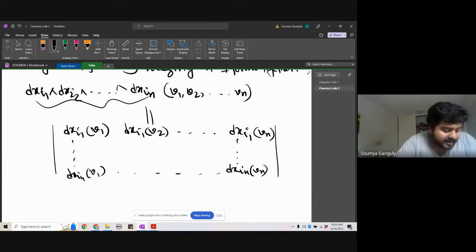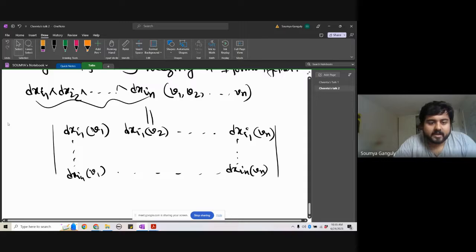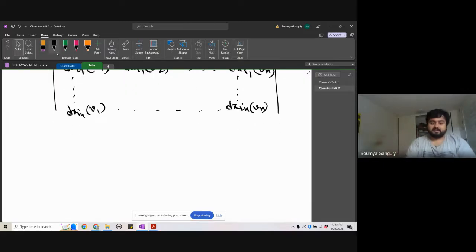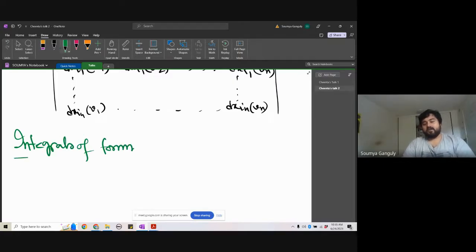Anyways, these are again a lot of algebraic things we are defining here. But now things will make more sense. Why? Because now we will study integrals of forms. Now, in case you are familiar with integrals of two variable functions on domains of R2, you will exactly understand what is going on. Even if you don't, I will try to define and explain it in a down-to-earth manner. Let's try to do that.